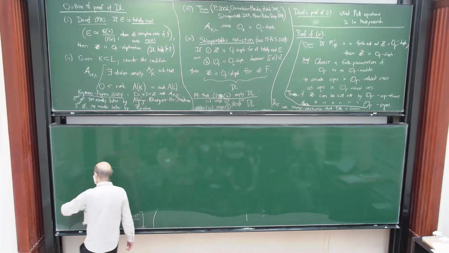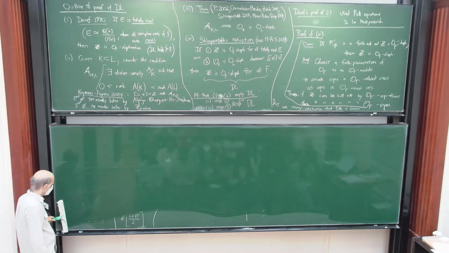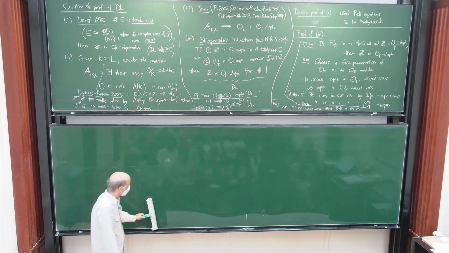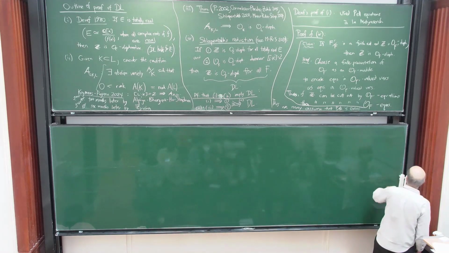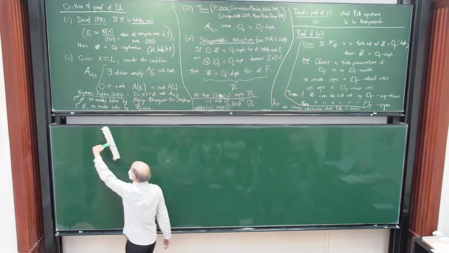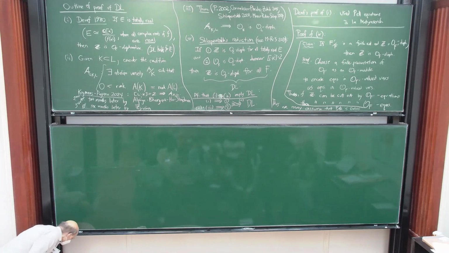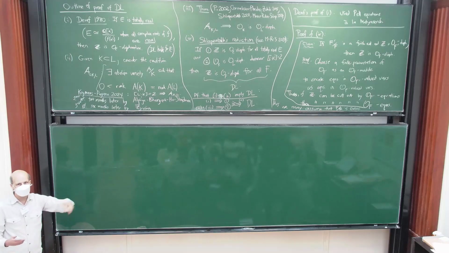And so what becomes relevant is what the rank of that group of units is. And there's a formula in general for a number field. If you look at the unit group, there's a formula for the rank of that group. And the formula is that it's r1 plus r2 minus 1, where r1 is the number of real